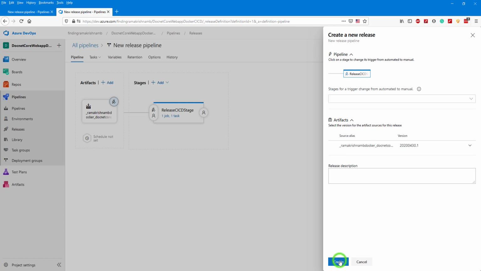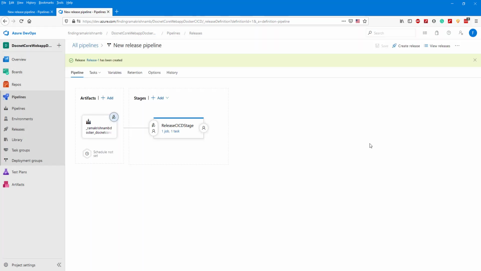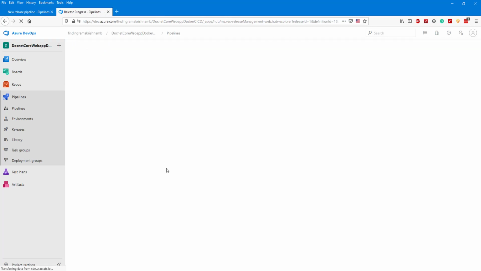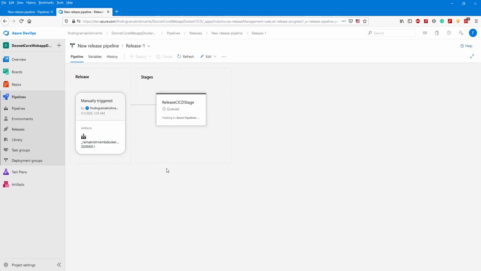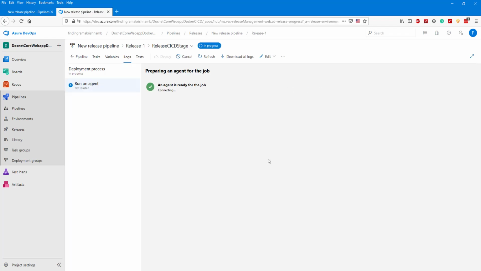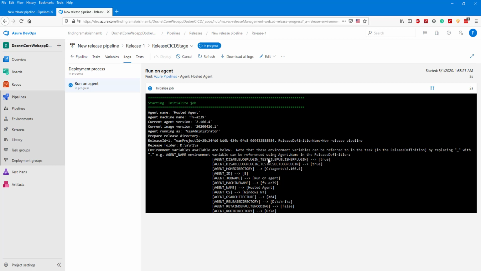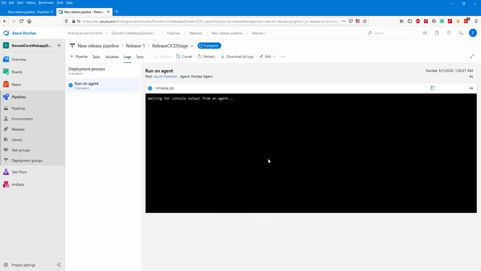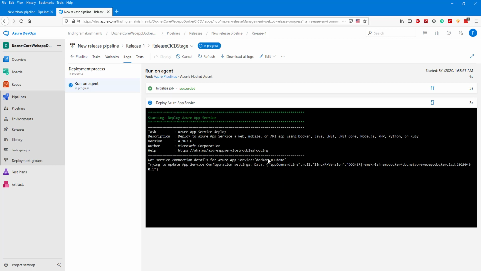Create release. Release is created. Let me see. It started to execute. Docker image is pushing to the server.